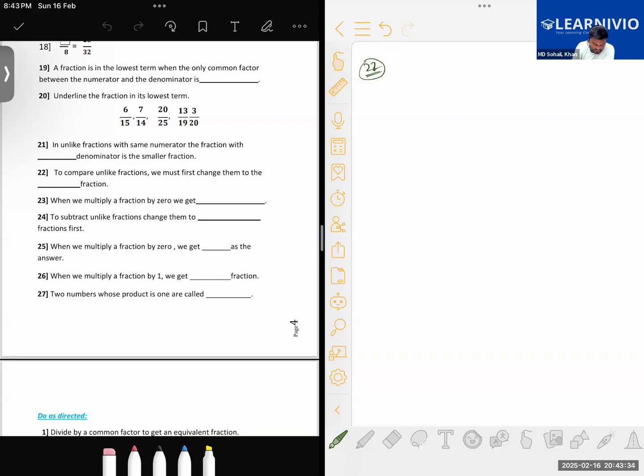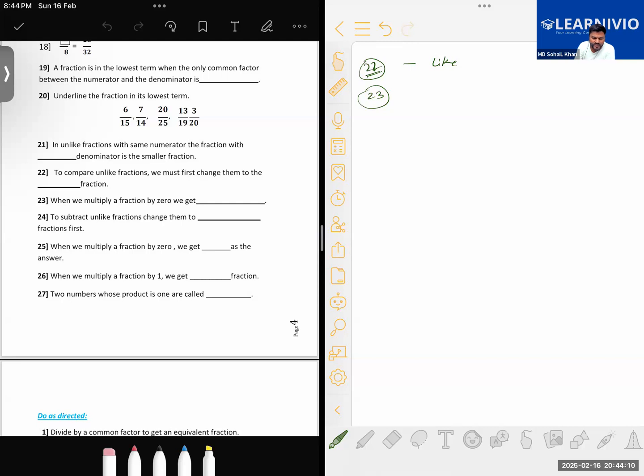Okay. Question number 22. To compare unlike fractions, we must first change them to the what fraction? Like fractions, exactly. So for the 22nd, it's like fraction. Keep writing the answers also on the sheet. 21, what is the answer? In 21, you haven't written this. Okay, see. In unlike fractions, the same numerator with the fraction with dash denominator is the smaller